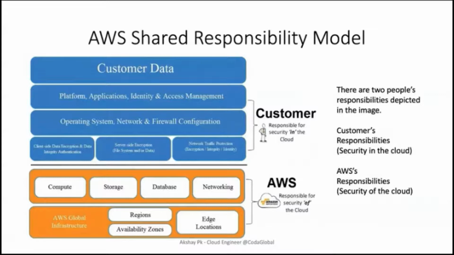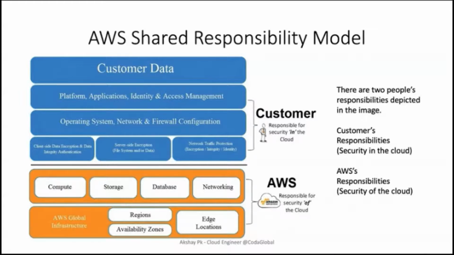So now comes the most important concept wherein we are going to study about the AWS shared responsibility model. So this is very, very important in order to understand how AWS works, right? So in the shared responsibility model, you do have two parties' responsibilities, as the name suggests. So the first party's responsibility is AWS's own responsibility. So what are they responsible for? They're responsible for security of the cloud. So security of the cloud in the sense, your underlying infrastructure, right?